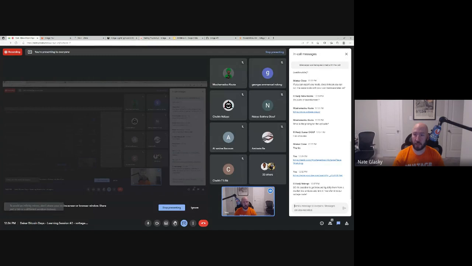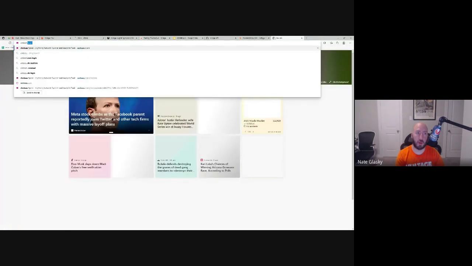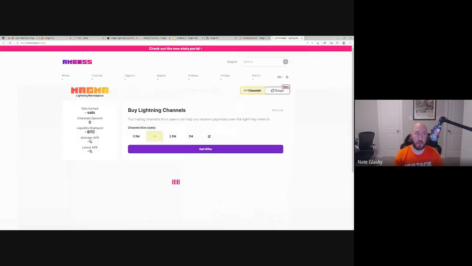Yeah. Okay. Great question. So it's possible to get inbound liquidity from a market like Amboss and transfer it to your Voltage node. Yeah. So a lot of folks use Flow and they use Amboss Magma. You can use both if you'd like, or you could ignore Flow and just use Magma. That's fine too. But all of that works with Voltage. Yep. Magma is a really, really awesome spot to also get inbound liquidity if you need to.